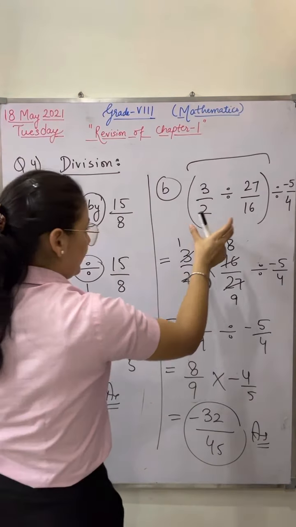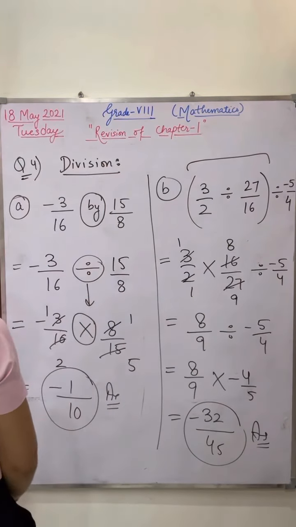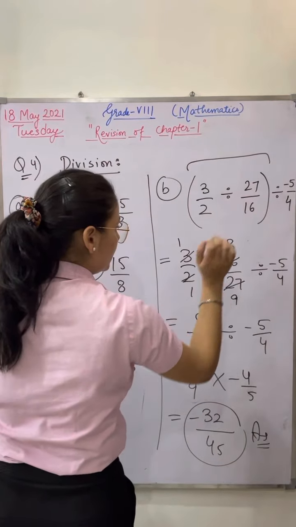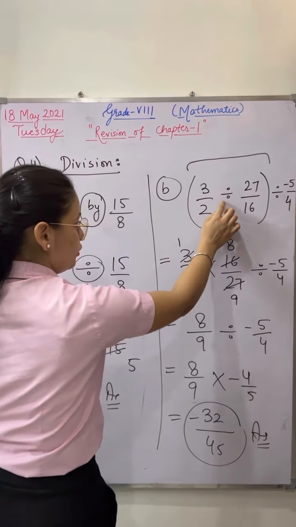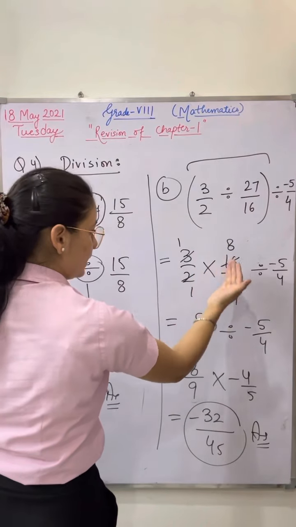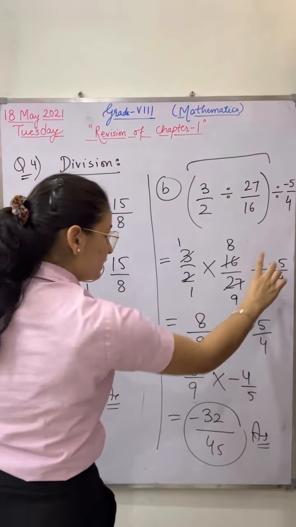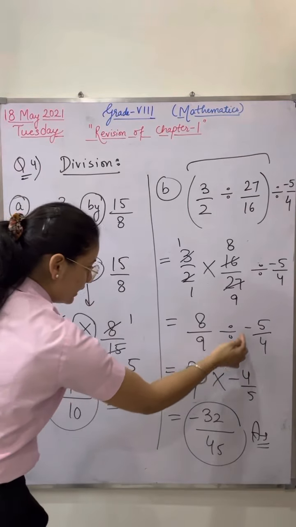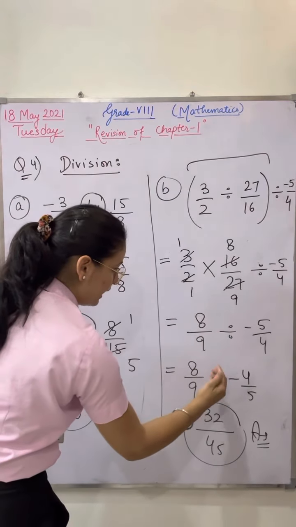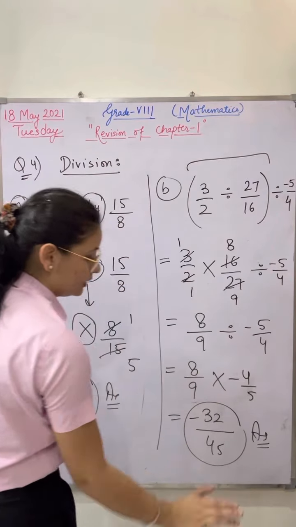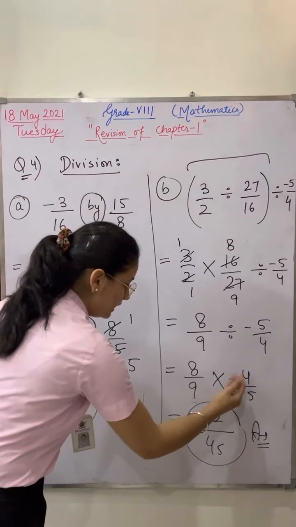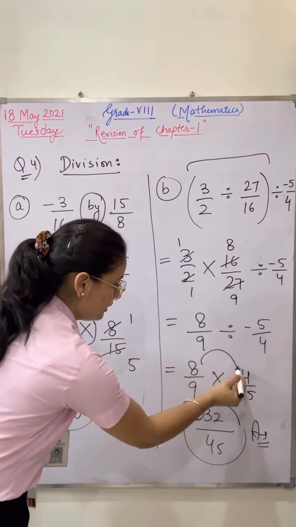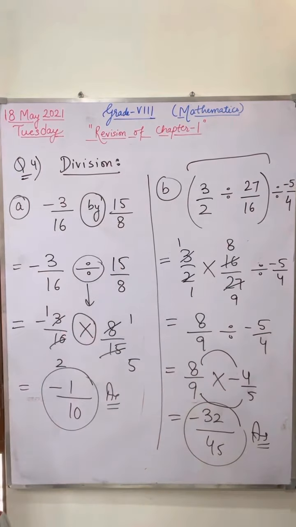So, whenever such kind of question will be there in the exam, you have to solve the bracket. Steps you know. You have to remove the division sign, put multiply here. The next term will be the reciprocal, solve this. Then solve the second term. Again remove the division sign, put multiply, next term will be the reciprocal and cancel the terms. If you can't cancel, then multiply numerator with numerator, denominator with denominator, and you will get the answer. Right? Now I'm writing the next question.